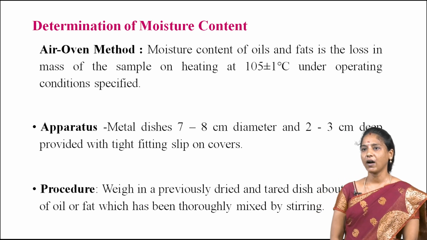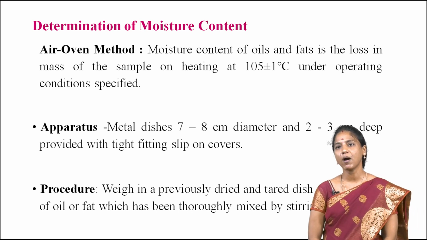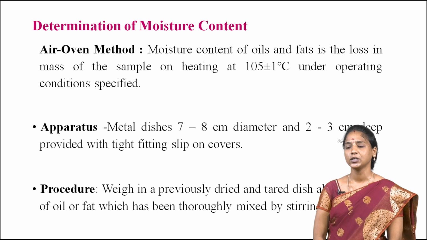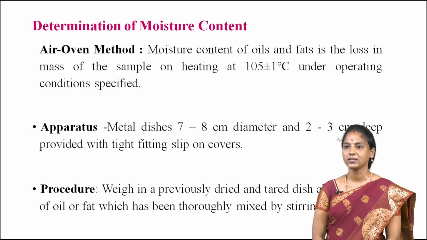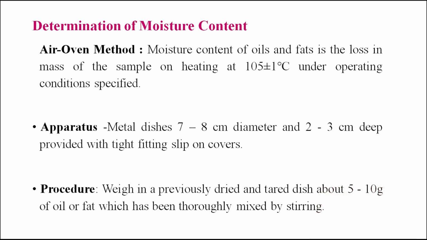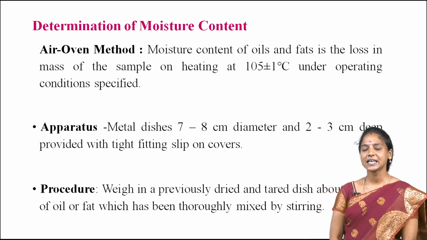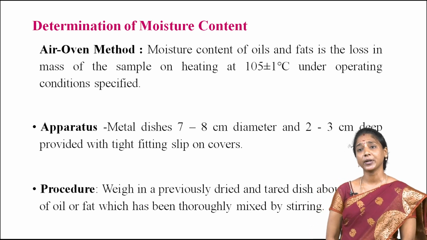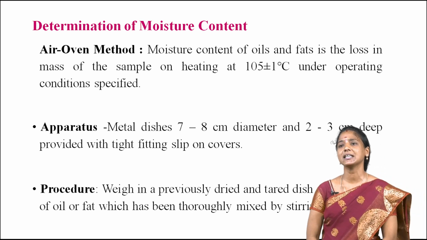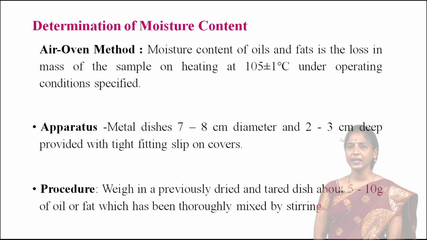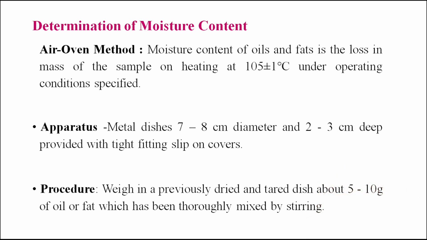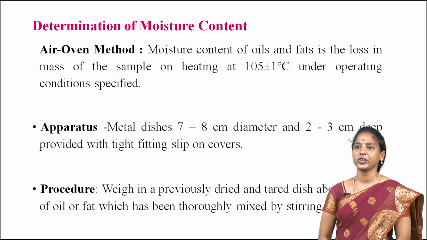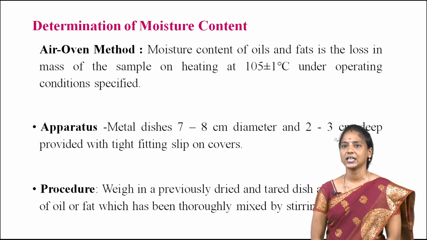Moisture content of oil and fats is the loss in mass of the sample on heating at 105 plus or minus 1 degree Celsius under operating conditions specified. This is the apparatus: a metal disc 7 to 8 centimeter in diameter and 2 to 3 centimeter deep, provided with tight fitting slip-on covers. Next one, this is the procedure. Weigh in a previously tared and tagged disc about 5 to